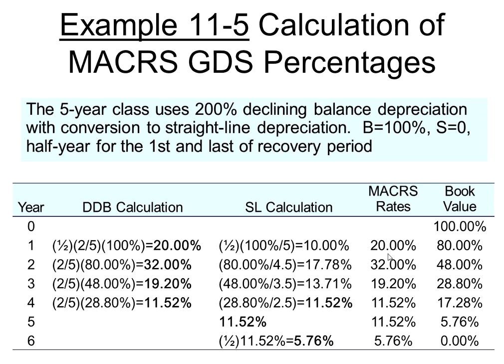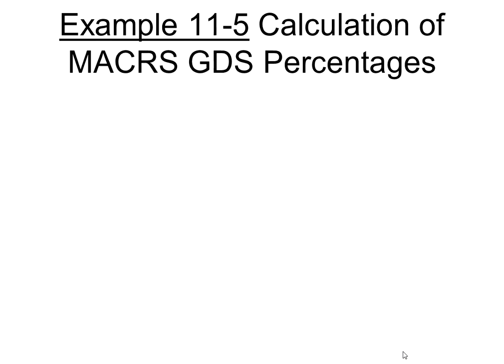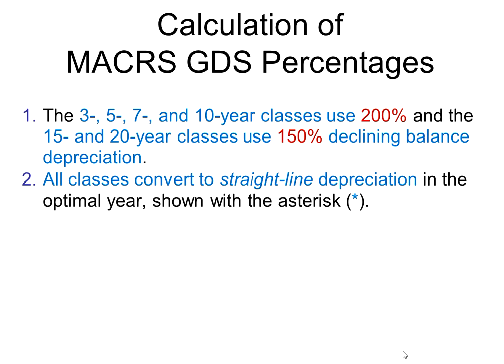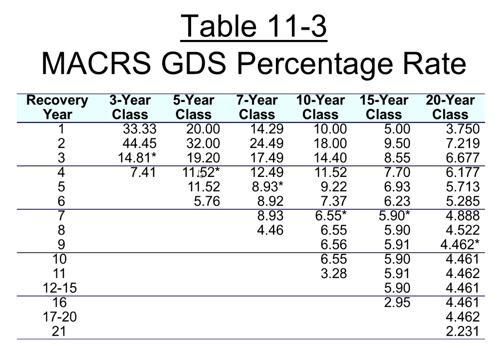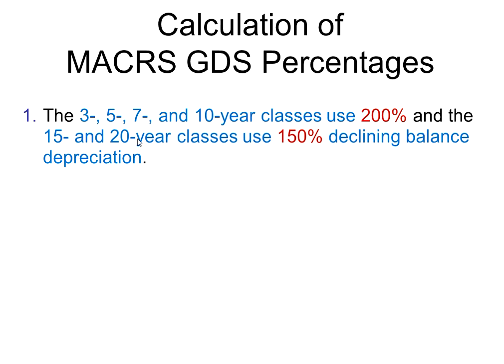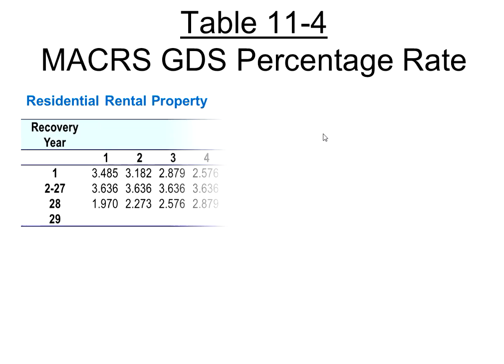And so if you look at these MACRS rates here, you can go back to table 11.3 and look at the 5-year class. That's exactly the rates that are in this table. So we can actually get the same exact way the 3-year class, the 7-year class, the 10-year class. But for 15 and 20 years, rather than 2 over n, we would use 1.5 over n, because those 15 and 20-year classes use 150% declining balance depreciation. All right, so that was an example,